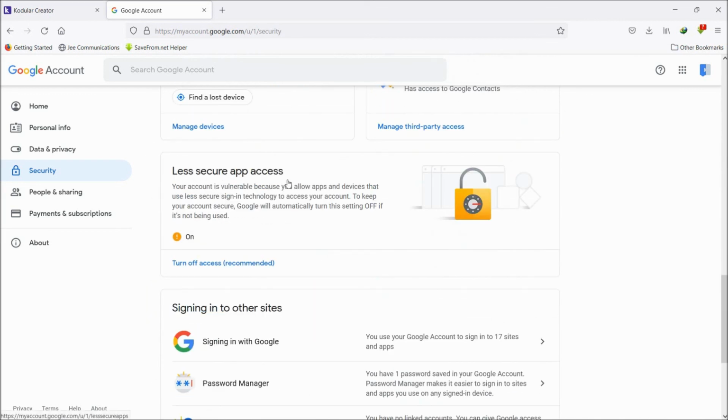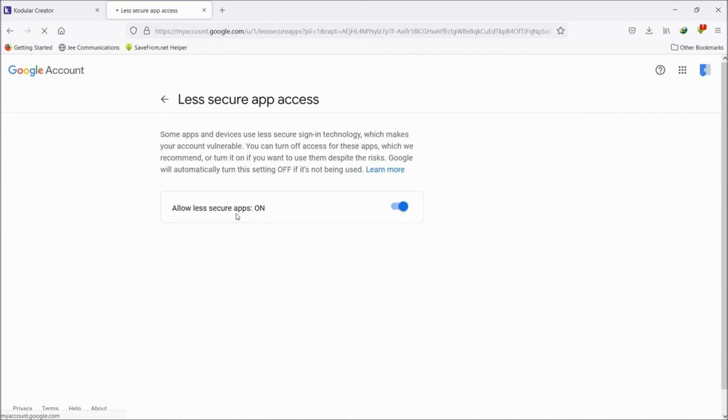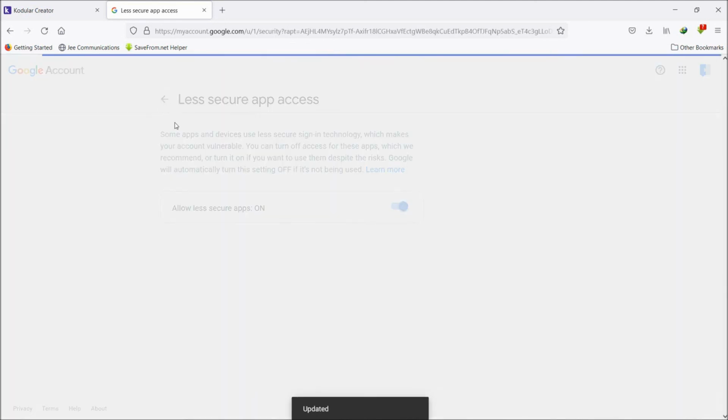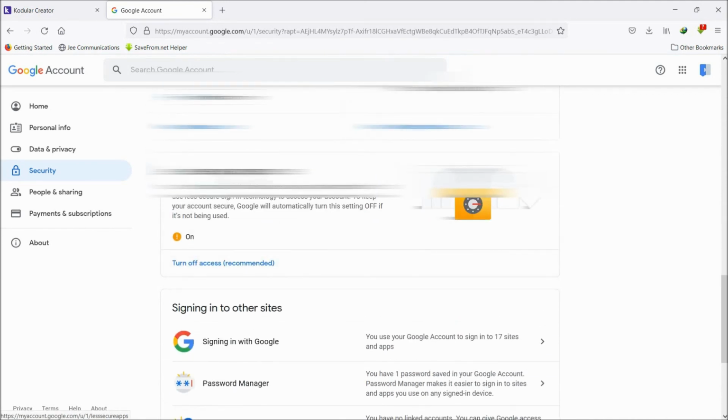There is less secure app access. This will be turned off automatically, but you need to turn on less secure apps, guys. After you enable this, only then will the SMTP work. So this is it, guys.